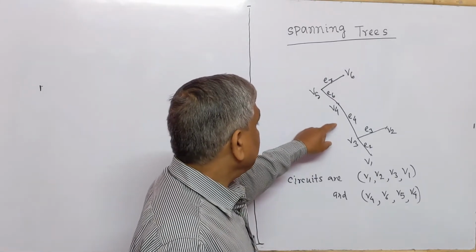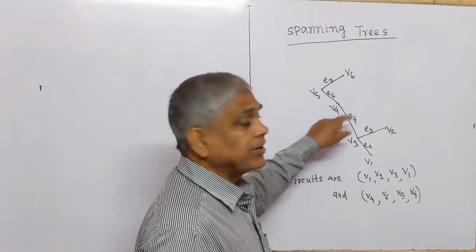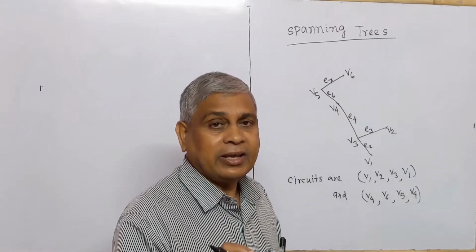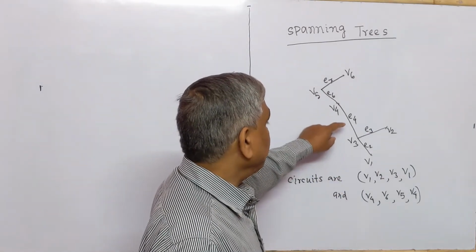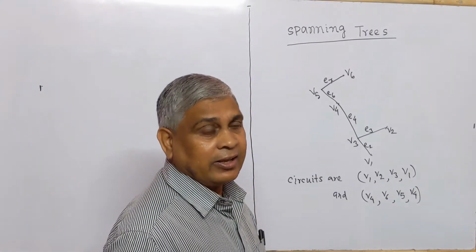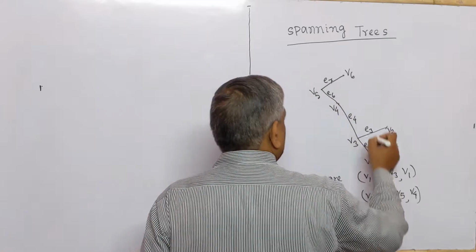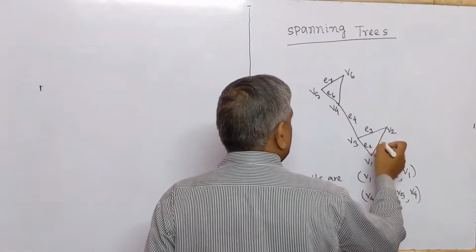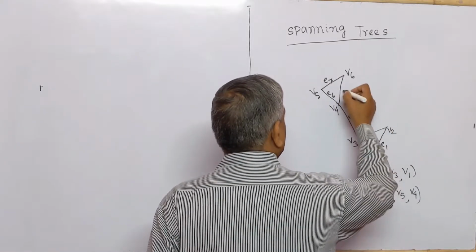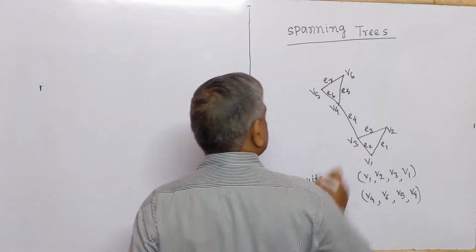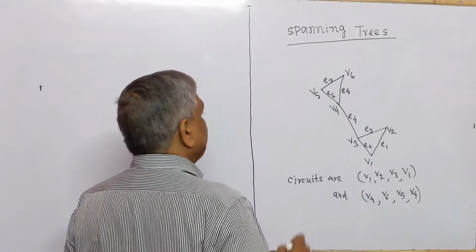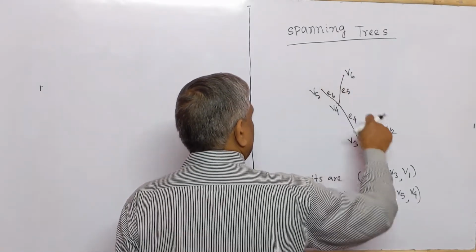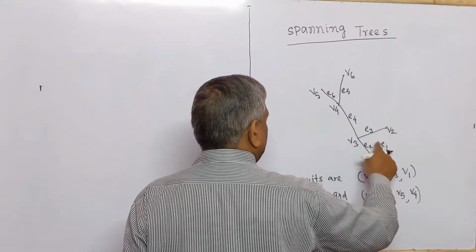and this is a circuitless connected graph, and circuitless connected graph is called a tree, and this tree is called spanning tree. Earlier it was the graph like this. Here edge was E1 and here edge was E5. If we delete the edge E7 from this circuit and we delete edge E1 from these circuits,